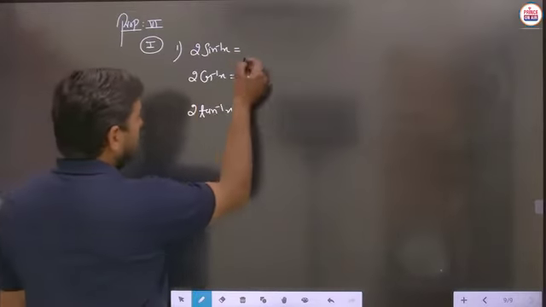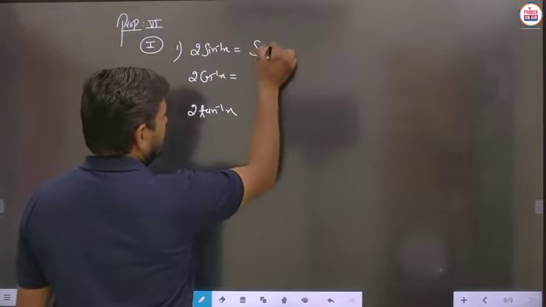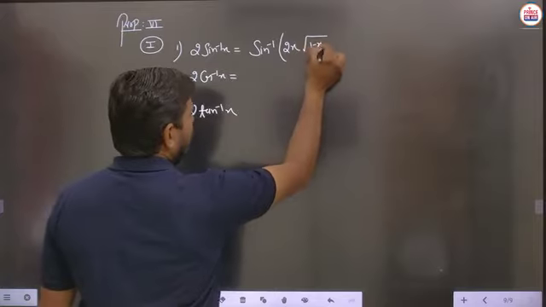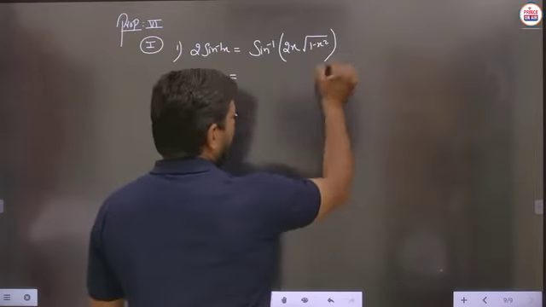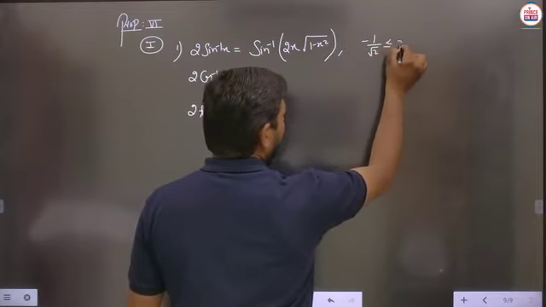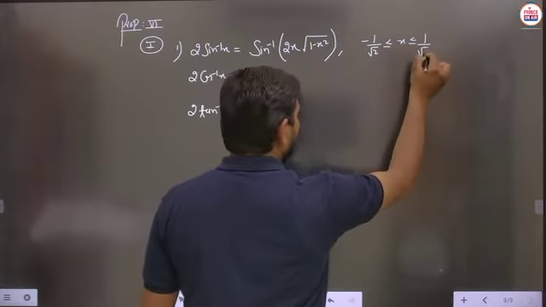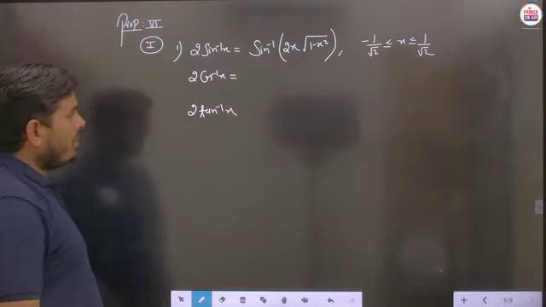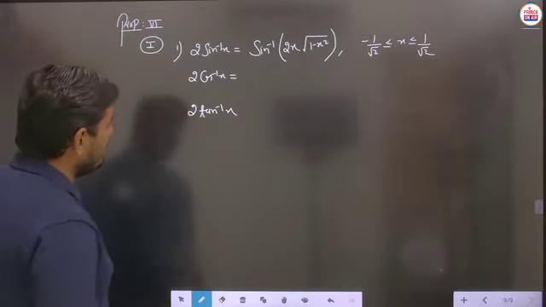Now the formula you can write here, just before deriving: this is sin inverse of 2x under root of 1 minus x square, and here the condition is very important. This is minus 1 by root 2 to 1 by root 2. We will see about this condition also, how these types of conditions are written here. We will see this. Next,